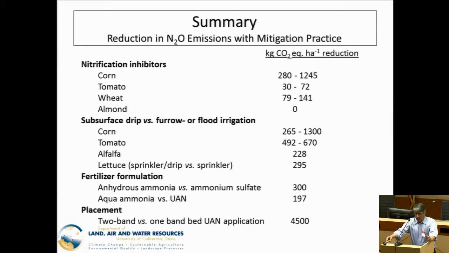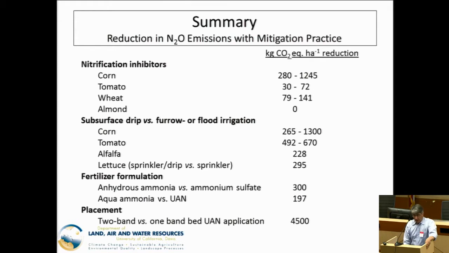So I put this summary together from all our results from these experiments, and I converted all the N2O emissions into CO2 equivalents. I thought it would be more illustrative to see the differences. And for the nitrification inhibitors, I think we can say that the response was quite variable. They seem to work well in the corn in 2 of the 3 applications, and because probably the fertilizer and inhibitor is applied at one time at a certain location, and we got between 300 kilograms and 1.2 tons of CO2